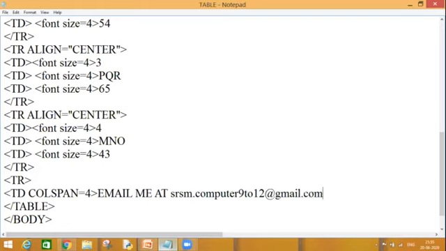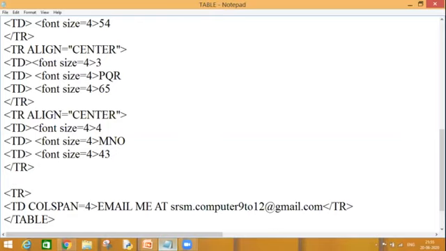This is the email ID, right? So finally, I'm going to close my TR tag. It is finished. And this row I want to include within my TFOOT. This is my footnote. And after this, I'm closing my TFOOT.